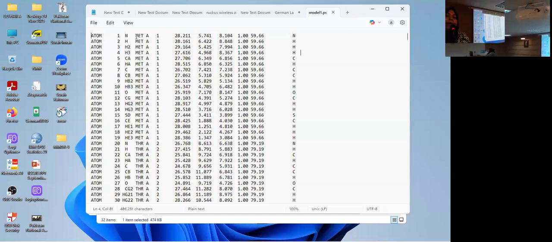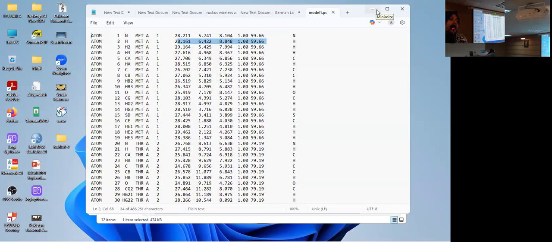For example, the residue number 1 was methionine, M. You can even compare it with the sequence you copied from UniProt. Residue number 1 is methionine, and in methionine, all of the atoms, for example nitrogen, hydrogen, 3 hydrogen, carbon, which hydrogen is where, these are the coordinates. So when you open this file in any visualizer, it will give you the complete structure. So this is the PDB file you get.